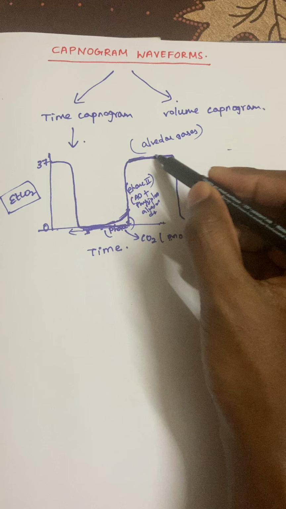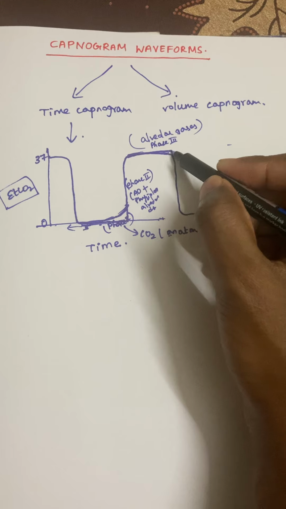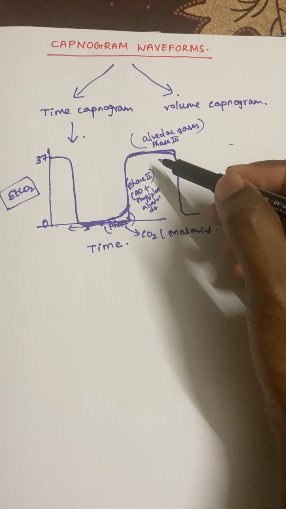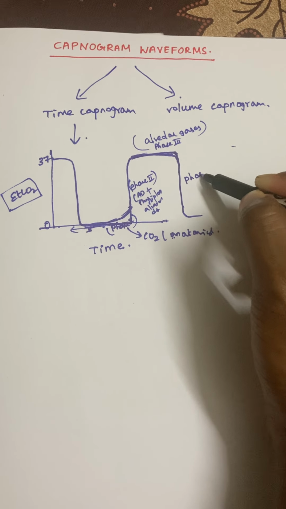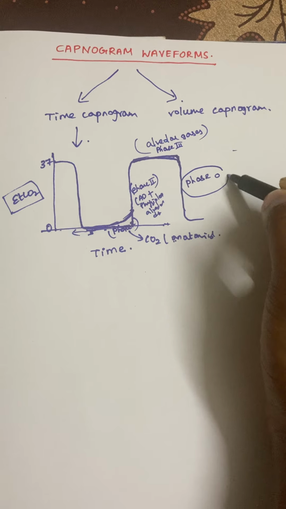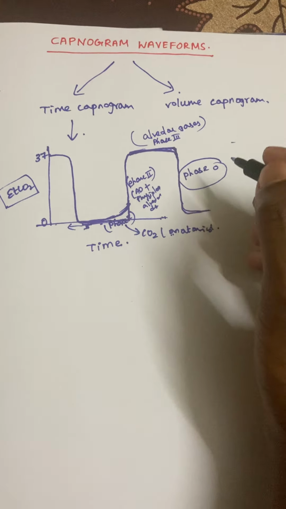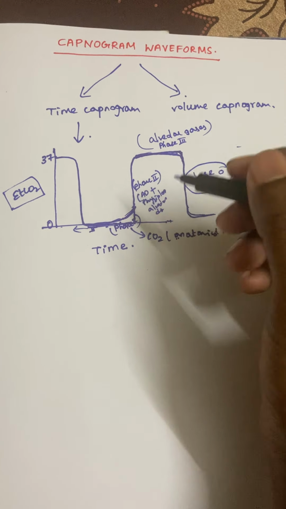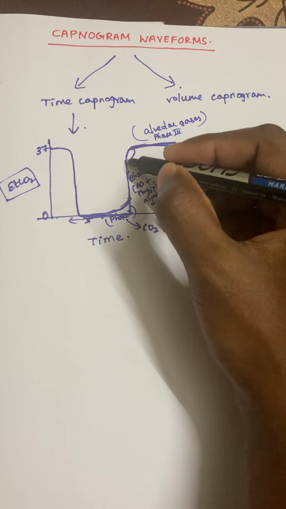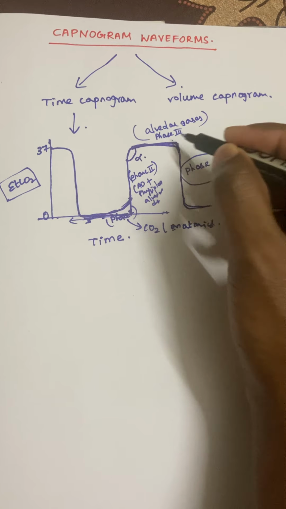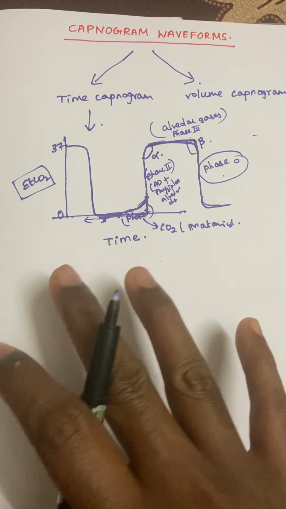So the CO2 concentration in phase 3 is contributed majorly by the alveolar gases, after which the carbon dioxide all goes out. There is a rapid decline in the carbon dioxide concentration, which is your phase 0 or inspiratory phase, where the patient's next inspiration is going to start. Next, we have two angles between these different phases: between phase 2 and phase 3 there is an alpha angle, and between phase 3 and phase 0 there is a beta angle.